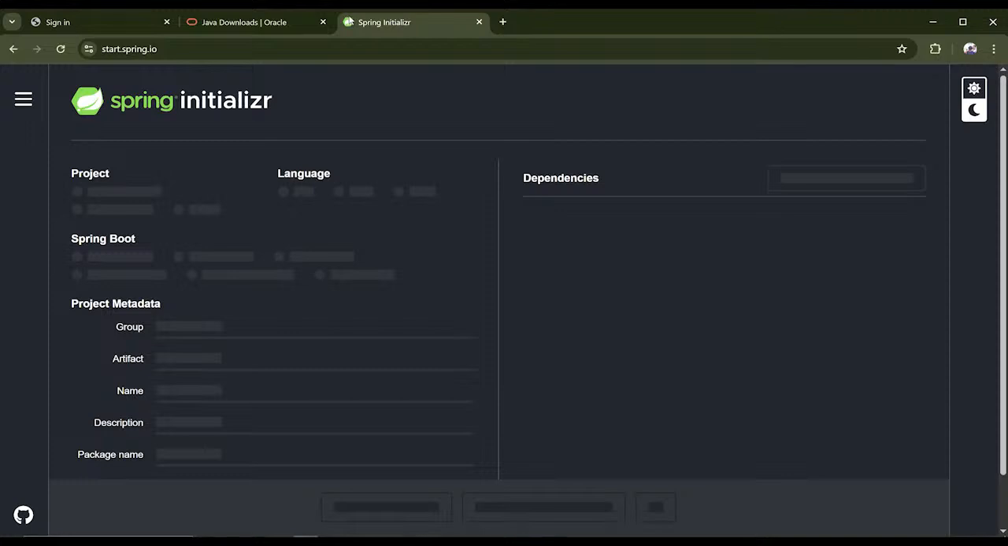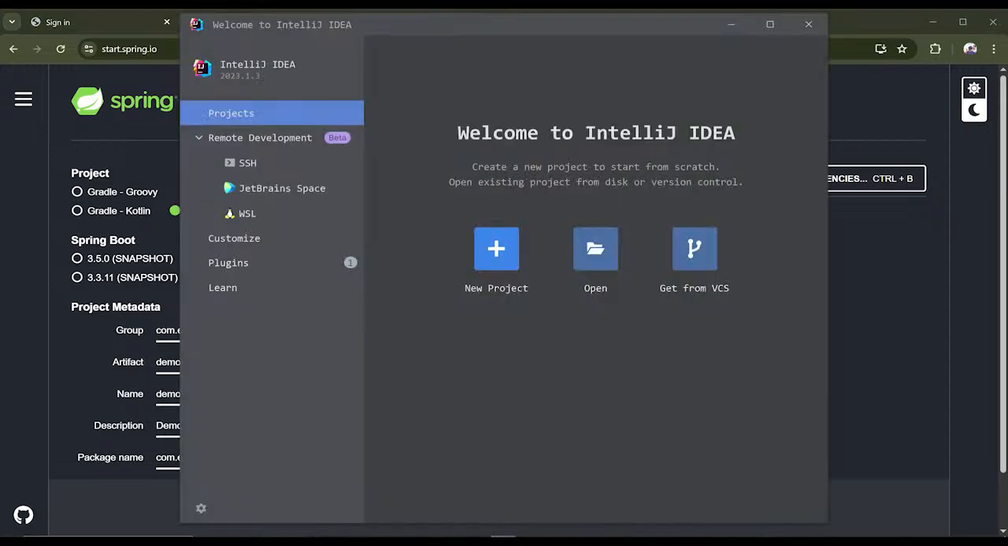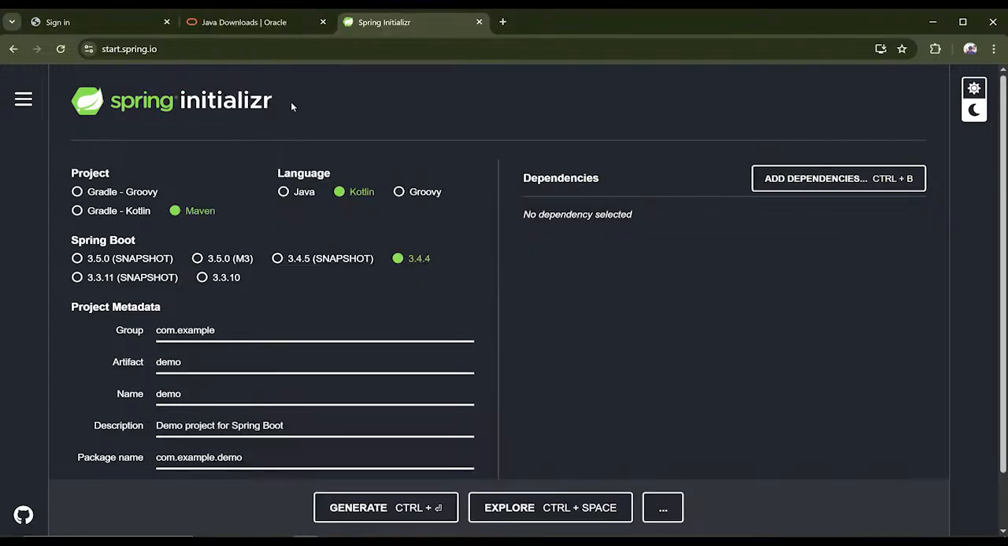Okay, so let's consider those things along with authorization and authentication. A user can register and sign in, upload some documents, see a list of documents they have uploaded, and download a specific document they uploaded. Okay, so for that we can create a new project with IntelliJ, or we can go to Spring Initializer, which